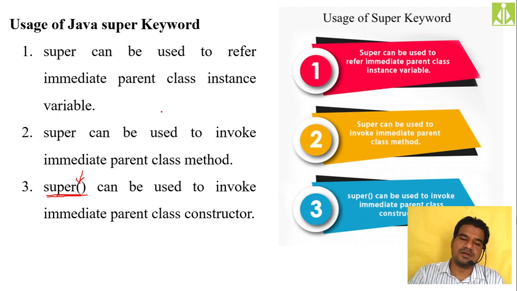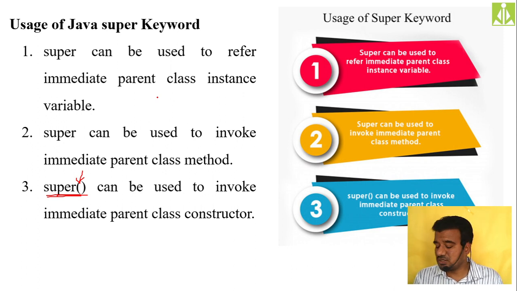Super and this keyword. There is another keyword, the this keyword, that we are going to discuss in our next class, because I thought of explaining the super keyword in today's class. But there is a similarity between super and this, so if I explain the this keyword in today's class, you will get confused. That's the reason in today's class I am explaining the super keyword, and in tomorrow's class I will explain the this keyword.